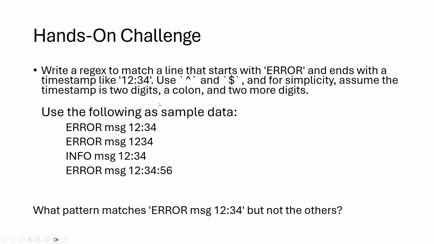Time for your challenge. Write a regex to match a line that starts with error and ends with a timestamp like 12:34. Use caret and $, and for simplicity, assume the timestamp is 2 digits, a colon, and 2 more digits. Pause the video, head to Regex101, and try this test string. My answer: